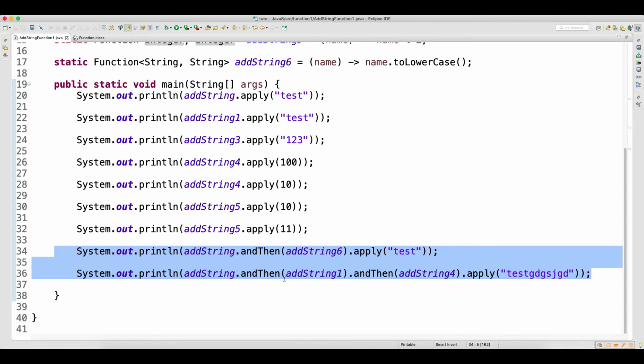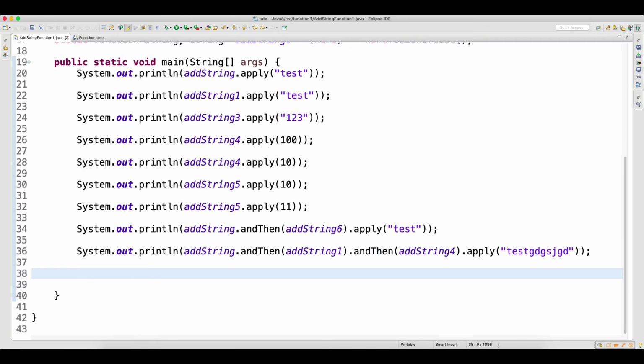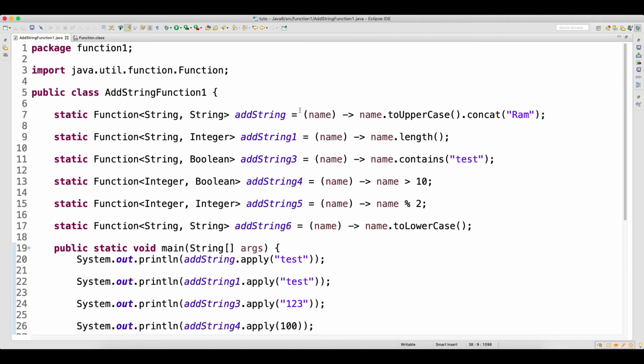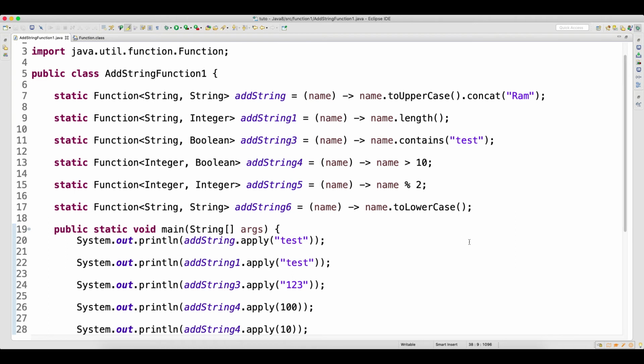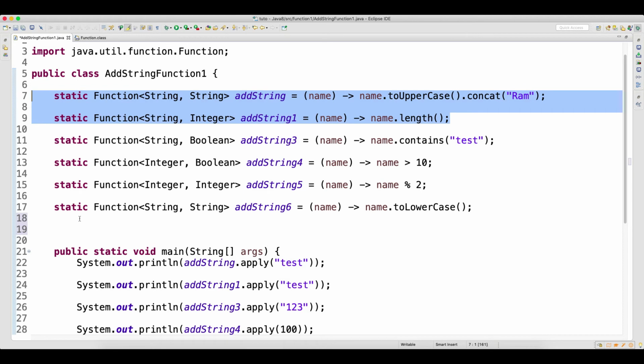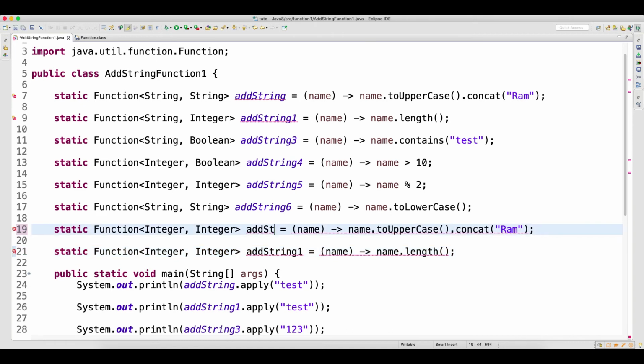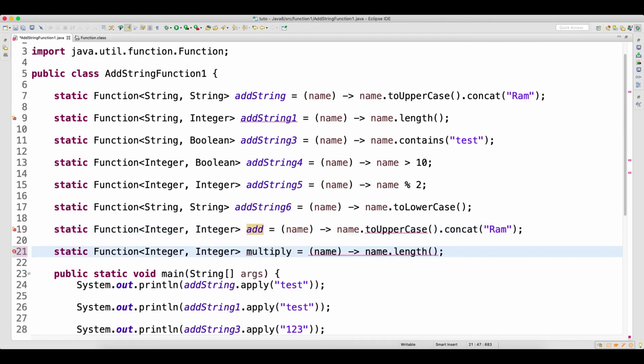Now, what is compose? Compose is also a very interesting thing. So, compose, basically what happens is, let's say I have two functions, okay? Let me write separate functions for that, so that I can exactly explain how it works. Let's say you have a function which takes an integer as input and produces an integer as output. So you have a function called add and a function called multiply. Okay, two functions you have.